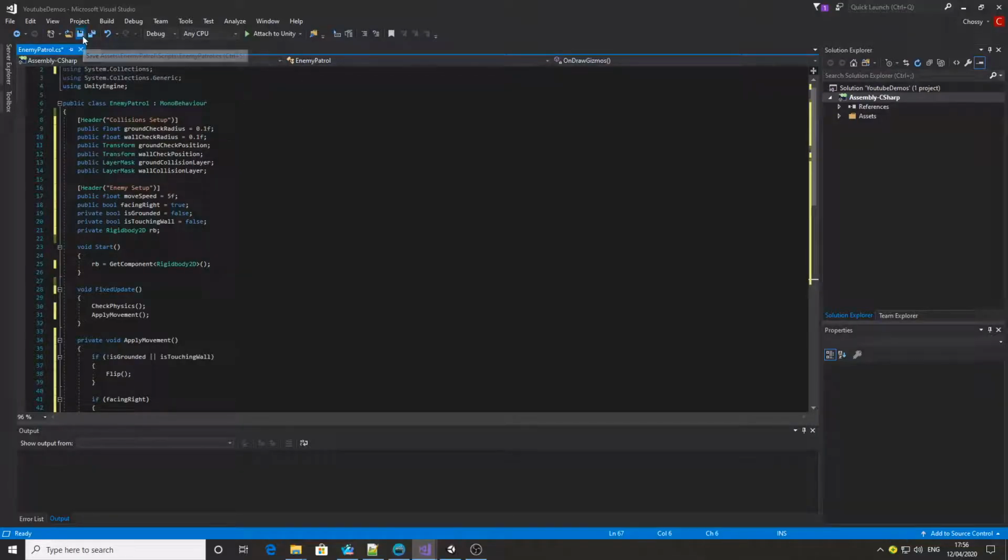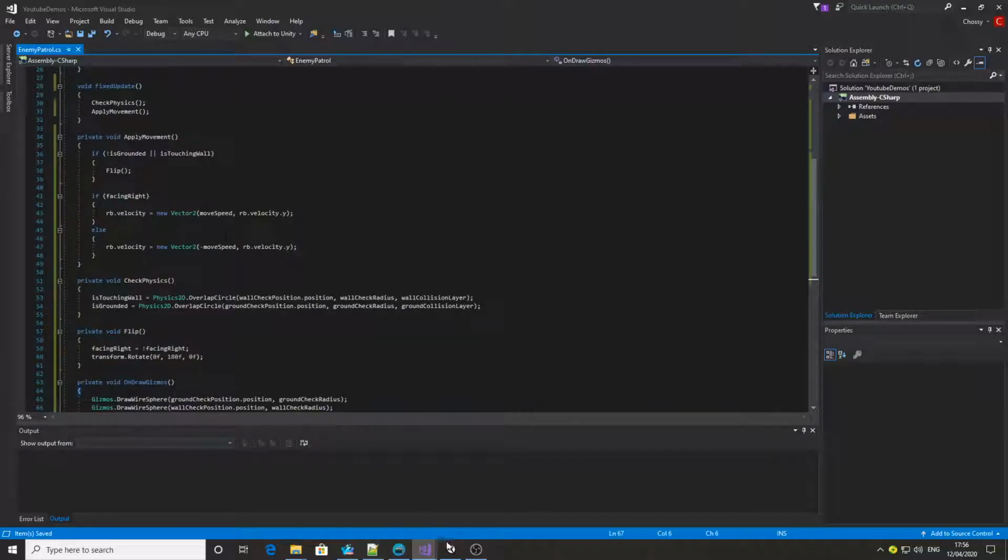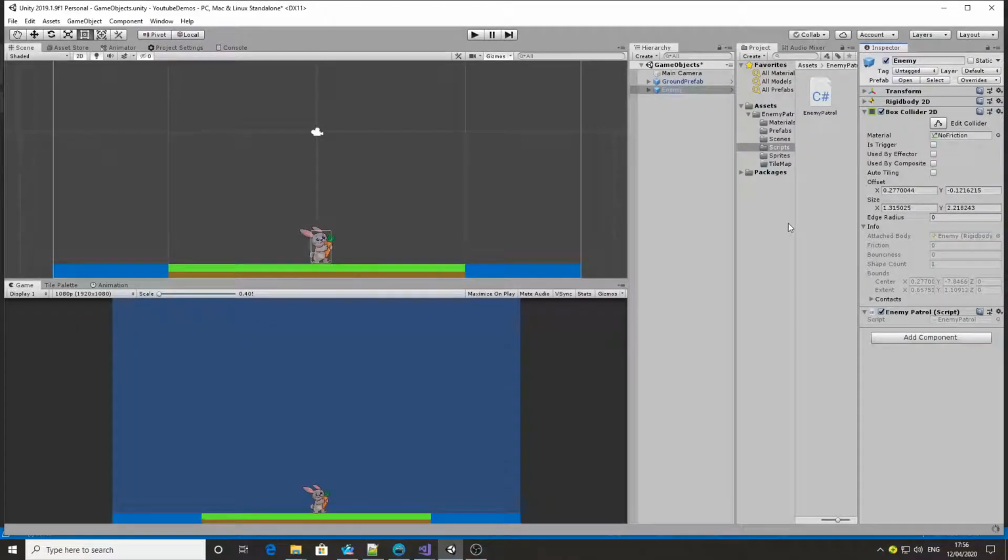We can now save the script. That should be the script all finished and everything we need to do in there. Now we can jump back in Unity, set some values and see what happens. I've got some default values set up there. What we need to do is come up into here